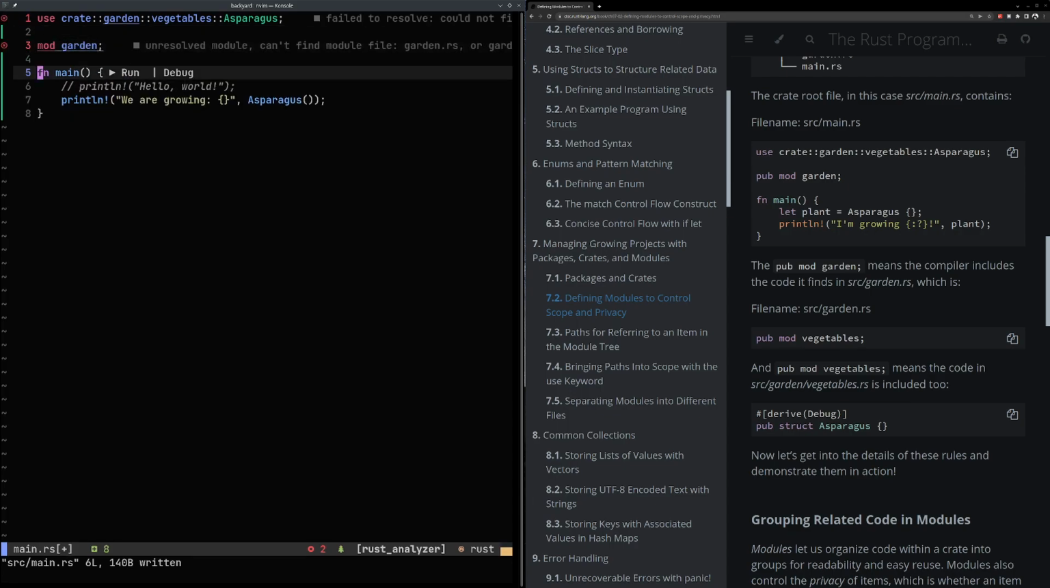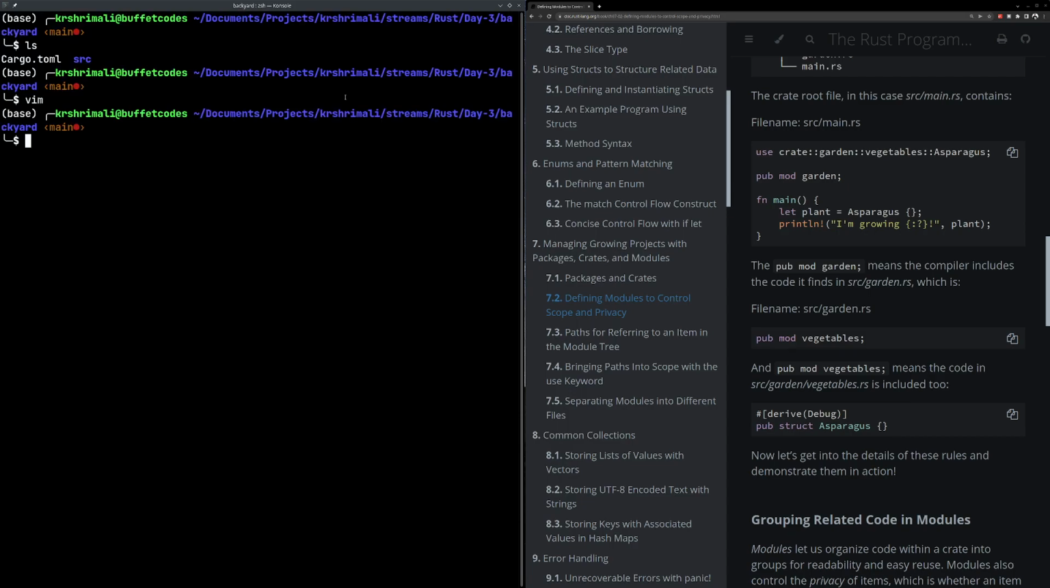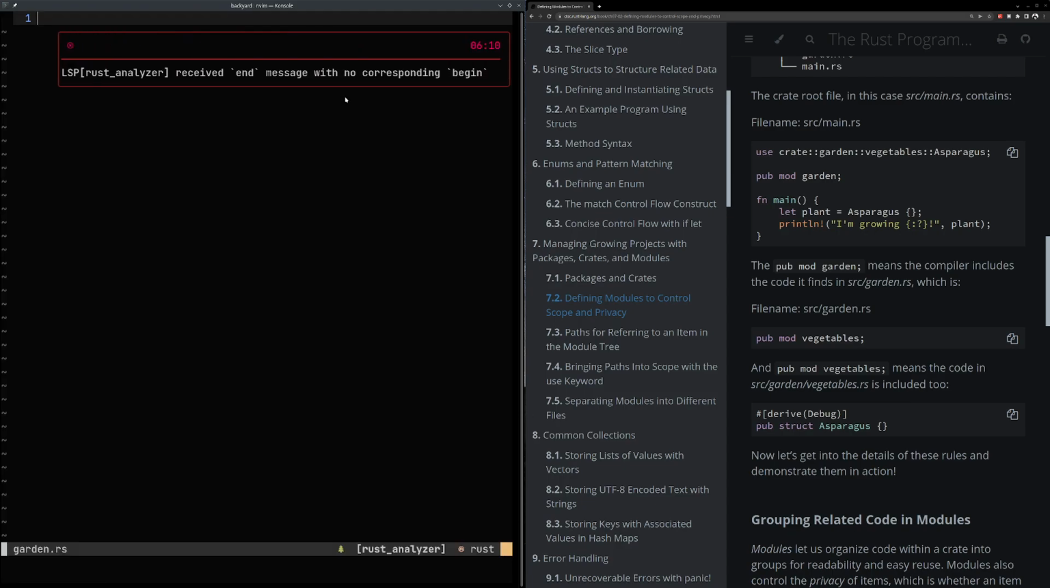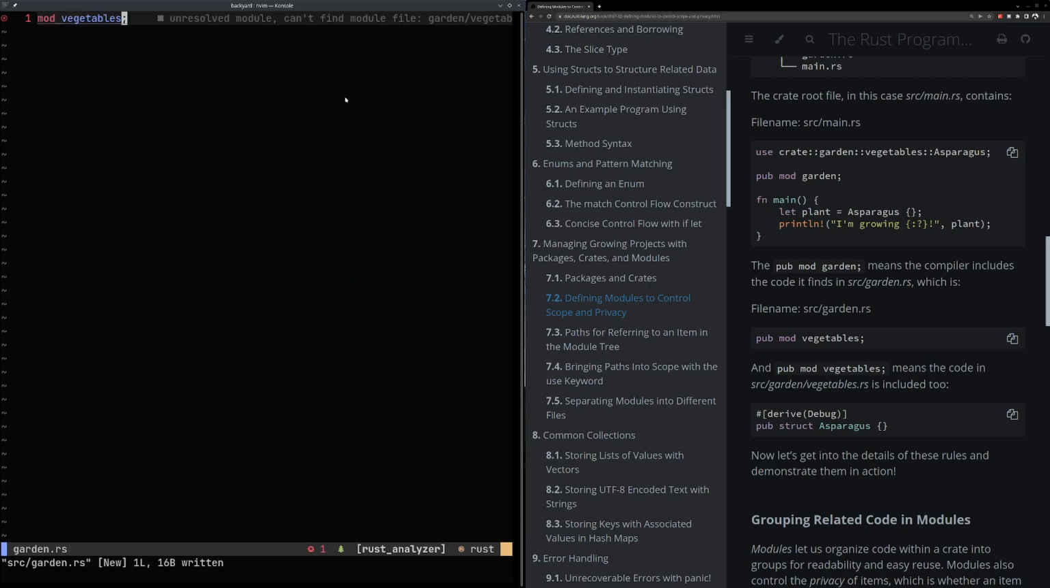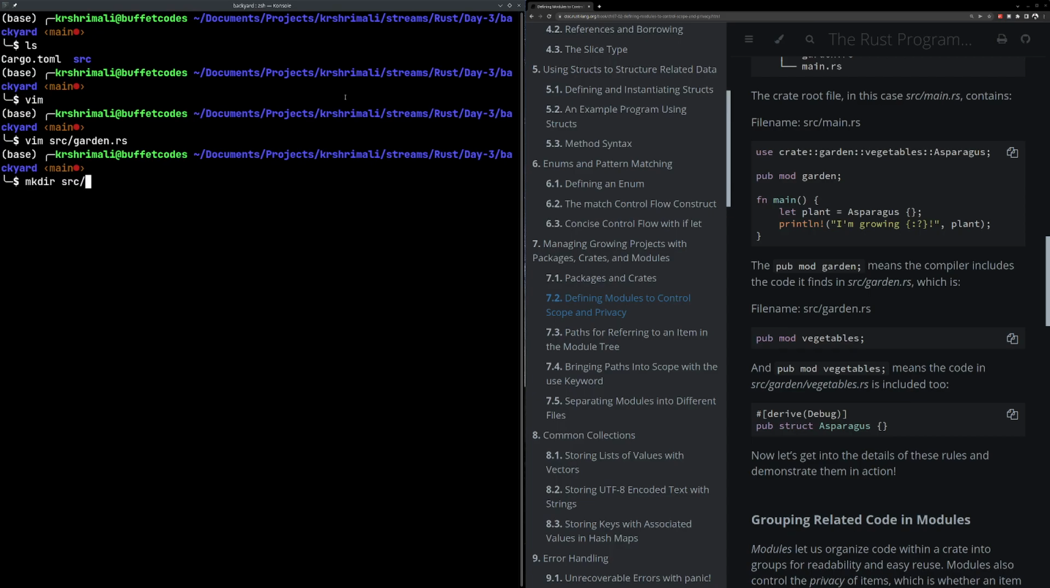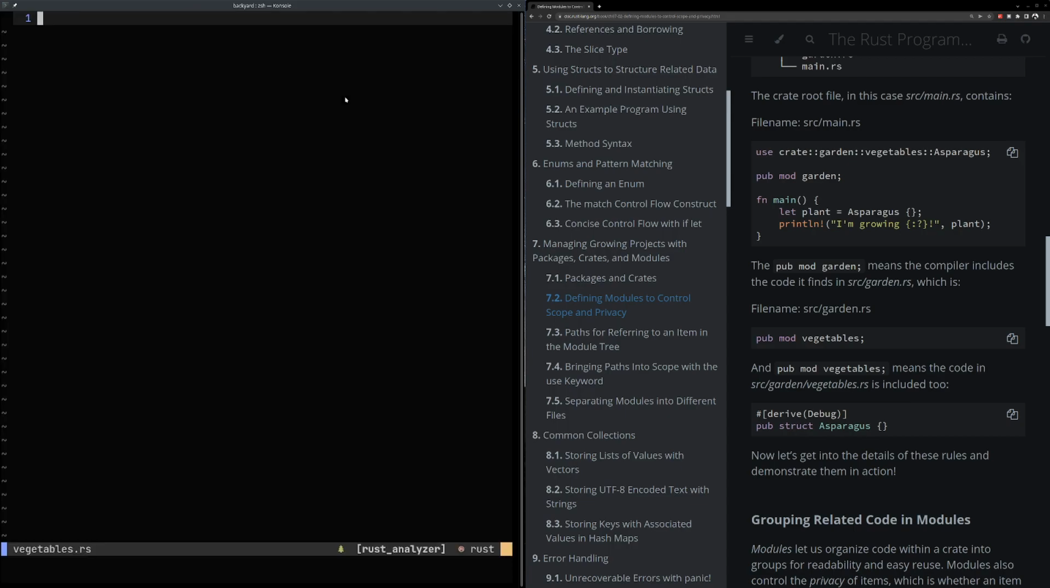And here we should do mod garden, right? And once this is done, we will do src/garden.rs, which contains the implementation. And here what we're going to do is mod vegetables. And then we're going to mkdir src/garden and do vim src/garden/vegetables.rs. And here, yeah, I need to fix this Rust Analyzer today. I mean, I'm not going to fix it, I'm just going to update probably. So what I can do is have a function